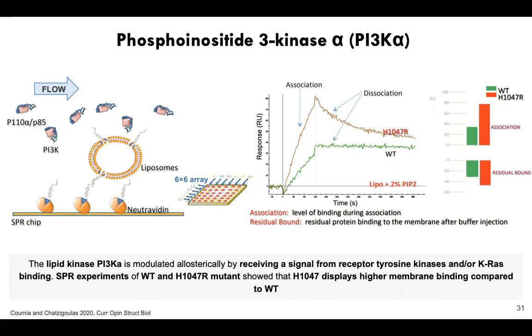And we have studied this with experiments on SPR, so binding essentially the liposomes on an SPR chip, and then throwing on top the solution PI3K, and then measuring protein membrane binding, where we find that actually a mutant that's very far from the active site is binding to the membrane much more efficiently than the wild type.